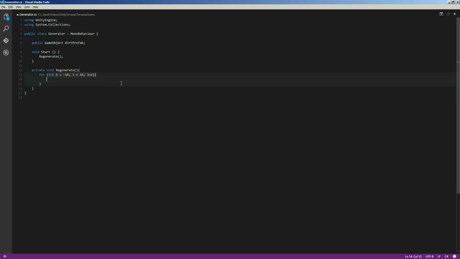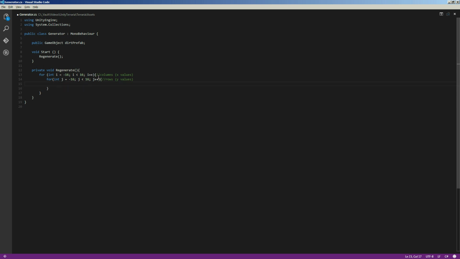Okay. Cool. Now I can do the same thing again. Okay. j equals -16. j less than 16. j++. Awesome. So now in here, let me think. So this is going to iterate over our rows. No, this will iterate over our columns, I guess. Columns. And this is going to iterate over our rows. Y values. Okay. And now that we have an X and a Y, or an index for an X and